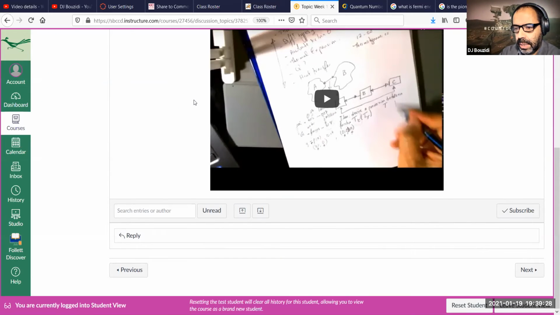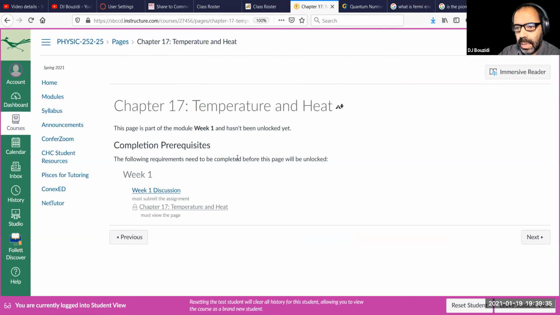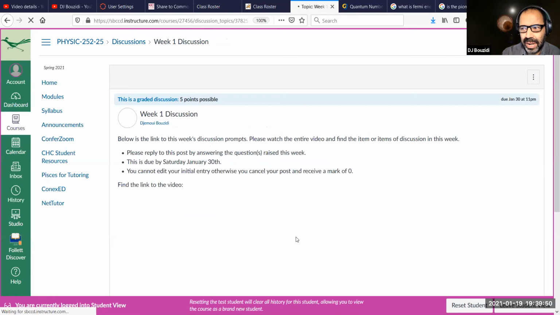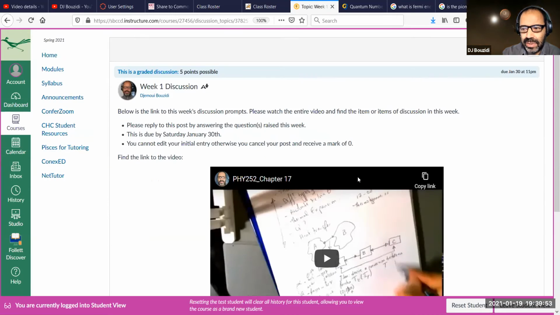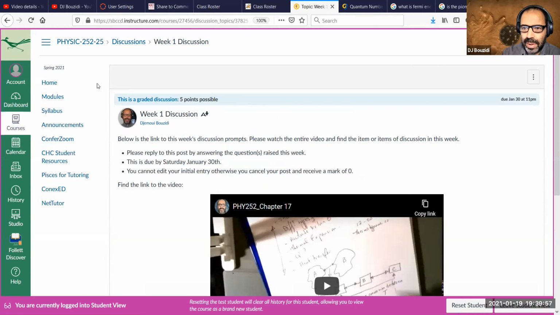So at this point, if I go next as a student, it's the following prerequisites. I cannot really get into this section unless I go and do the discussion. In other words, I have to finish that one first. I have to submit there, okay? If I don't submit it, then I'm not done with this. So I have to go back and really watch the video and do the stuff that I'm supposed to do. And then the next is going, let me go back into the modules page